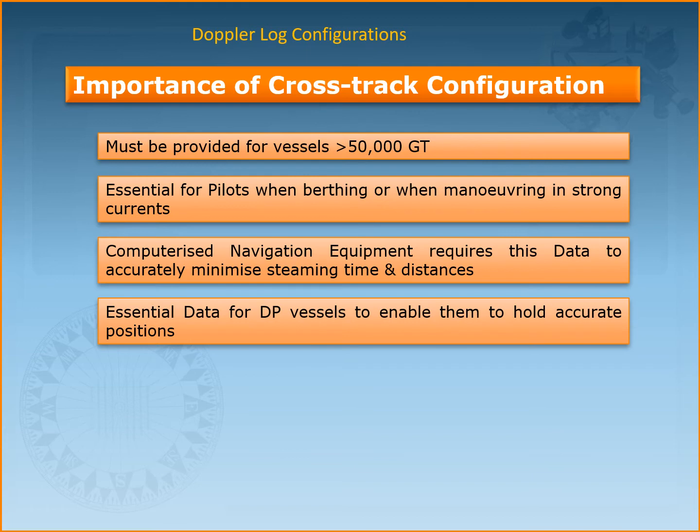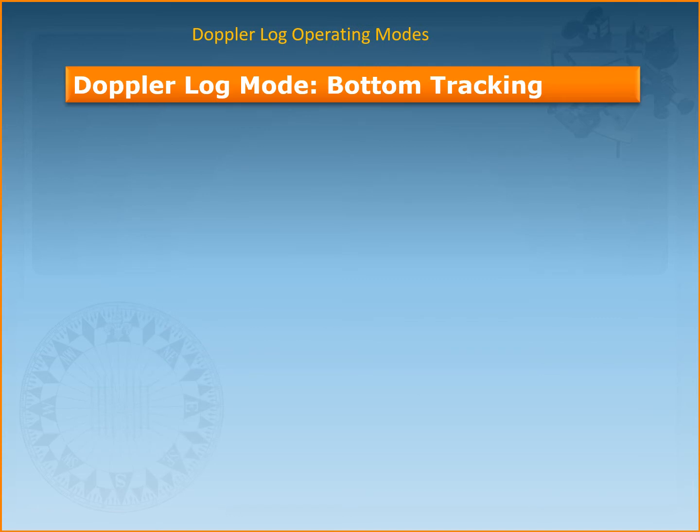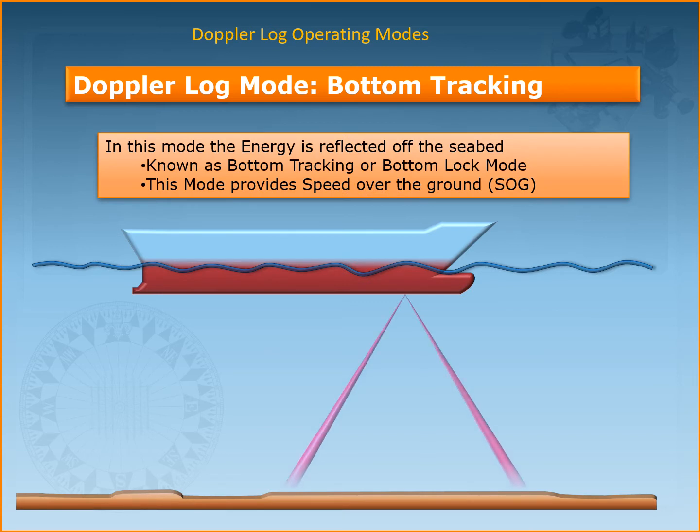Alright, so we'll keep going because I just mentioned all this. Then we have 2 operating modes in Doppler log. The Doppler log is capable of providing both speed through water and speed over ground. This is a distinct advantage that the Doppler log has over the electromagnetic log. Now this is carried out by a single transducer which should be able to switch from one mode to the